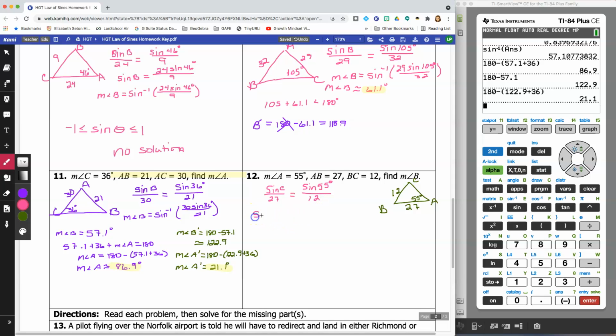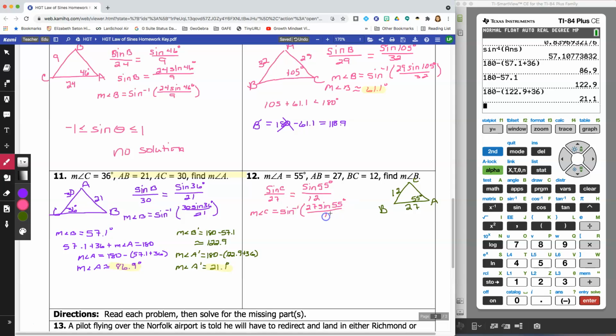So the measure of angle C is equal to the inverse sine of 27 times the sine of 55 degrees